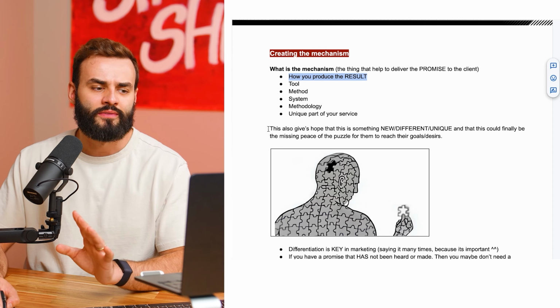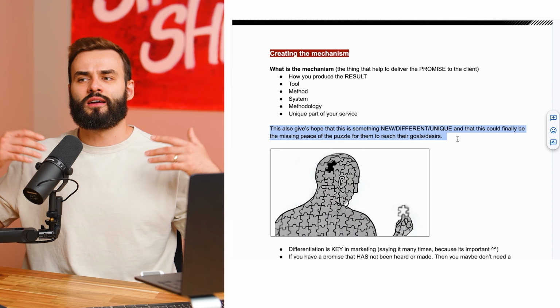And also, again, this uniqueness is always the reason why many people have bought the existing services you're selling right now from other people. Maybe they didn't have the greatest experience, or did, but they want to buy something again. But again, you need to have something unique, new and different to give them hope. This is something great I learned from Todd Brown. Give them hope that